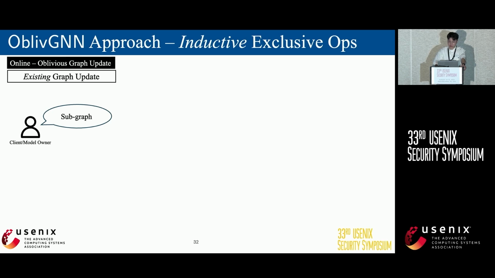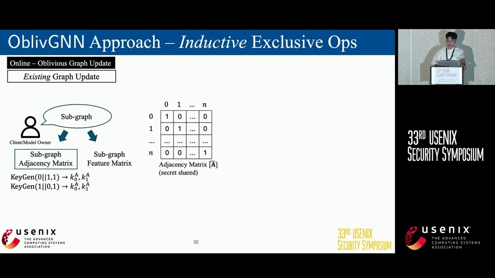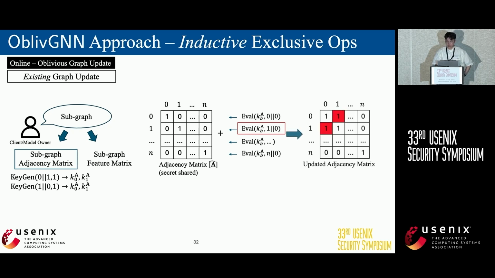To update the adjacency matrix, we will need to use the online generated DPF keys for the client to perform a full domain evaluation for the node in each row and each column that requires an update. From the given example, the places 0,1 and 1,0 need to be updated from 0 to 1. Therefore, the DPF keys are generated with the location information and the updated value information. Because of the characteristics of DPFs, the evaluation is a linear scan through the entire domain. Therefore, only the correct places, 0,1 and 1,0, will be updated with the 1 shares, everywhere else will be updated with the 0 shares.